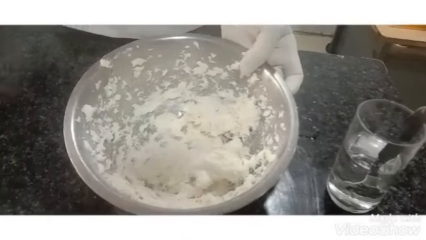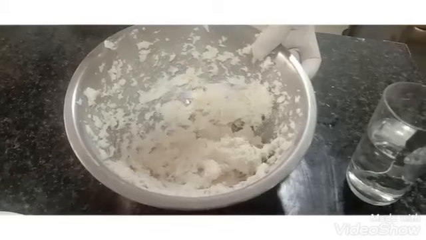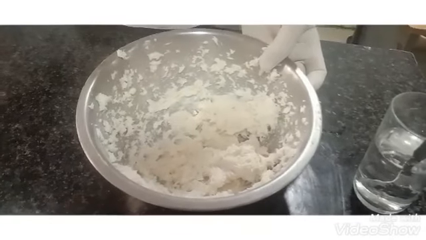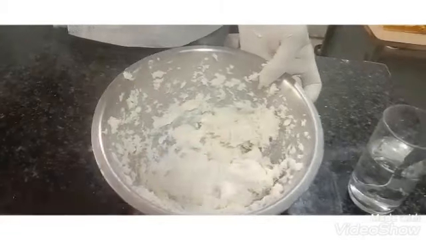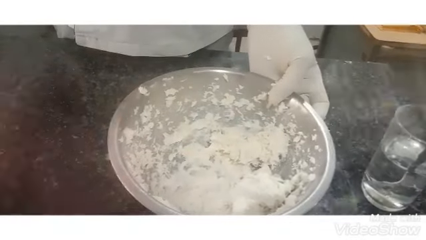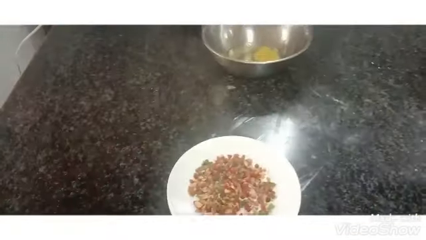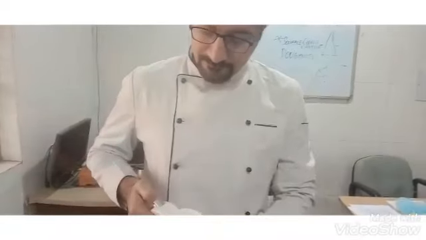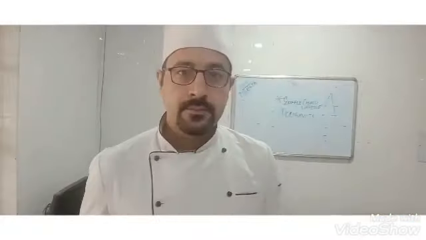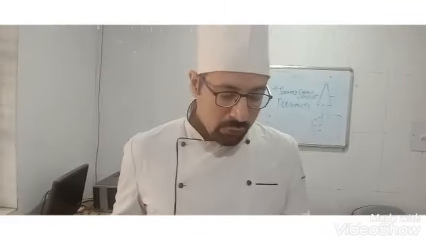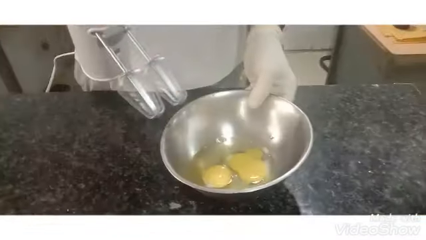Now we will add the egg, prepared in a separate bowl. After the egg gets properly thick in consistency, it doubles in size. We will add that egg into this, then we will do the next procedure. Now we have taken our 2 eggs here. We will beat them properly till they get a foamy texture and the egg rises properly. After that we will add the flavor. We will add the vanilla essence into it also.